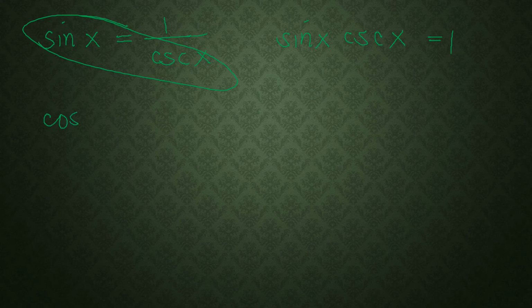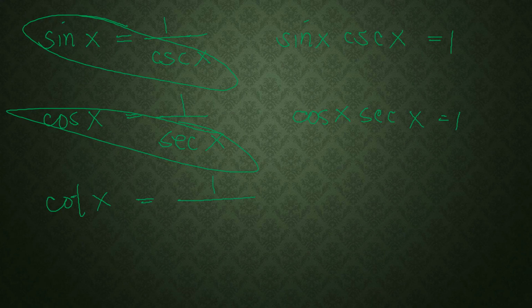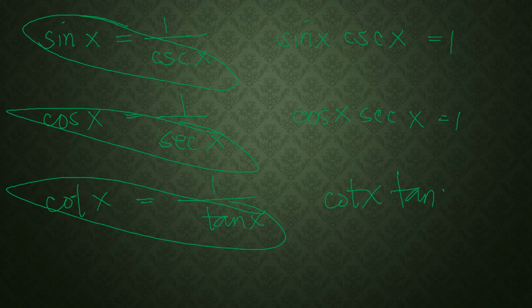Next, we have cosine x is equal to 1 over secant x, and we're going to cross multiply. The product is also 1. And for cotangent x, that is 1 over tangent x. Cross multiply, the product is also 1. Also, we can recall the